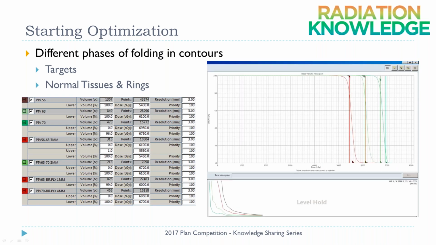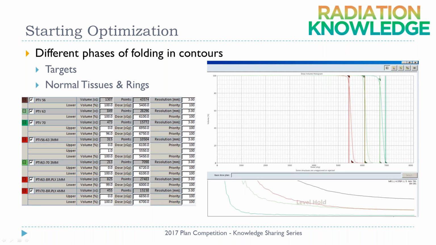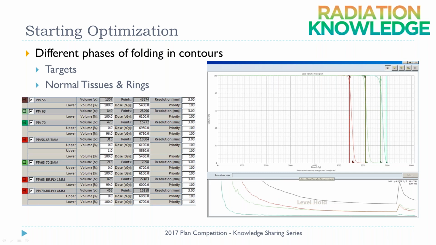And so just to sort of show you an actual optimization, I took some screenshots at different times. So using those parameters and just waiting, you can see over time that the PTVs get more and more homogeneous and better covered. And so I let it go normally to MR1 step 3 before I start bringing in my normal tissues. So right here at about